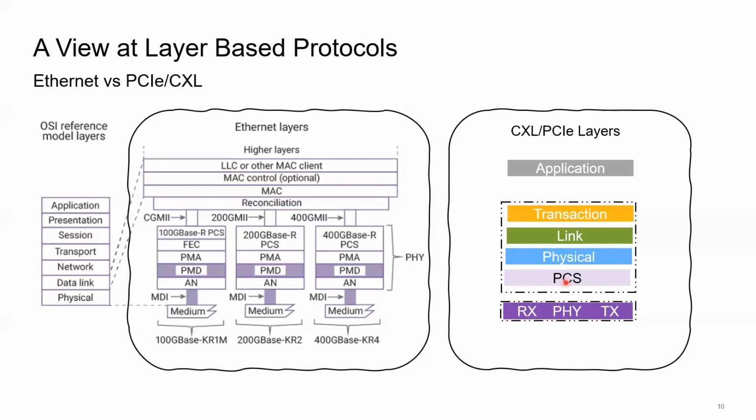So if you go through a PCIe SIG specification, you will find the transaction layer work, which is roughly equivalent to what IEEE does for Ethernet. And then they also have a PCS equivalent, physical coding sublayer, which also does the scrambling function as Ethernet does. And PCIe Gen 6, which uses 64 gig PAM4 signaling, also has a forward error correction. So now both of these stacks look very similar, but the differences at a high level are that PCIe CXL are end-to-end,